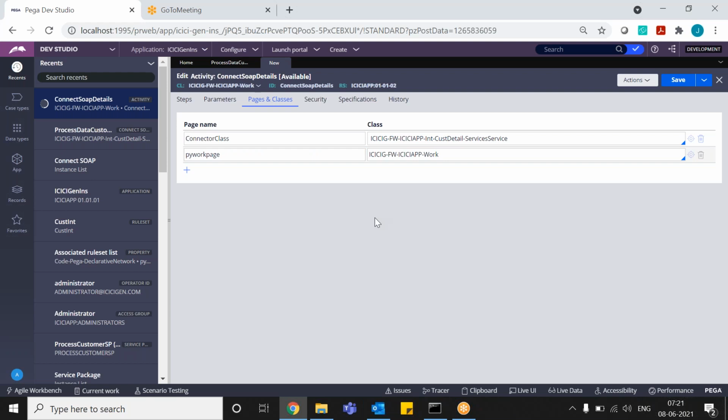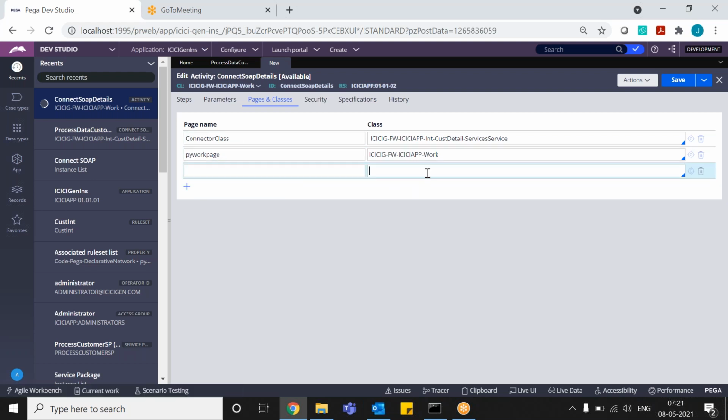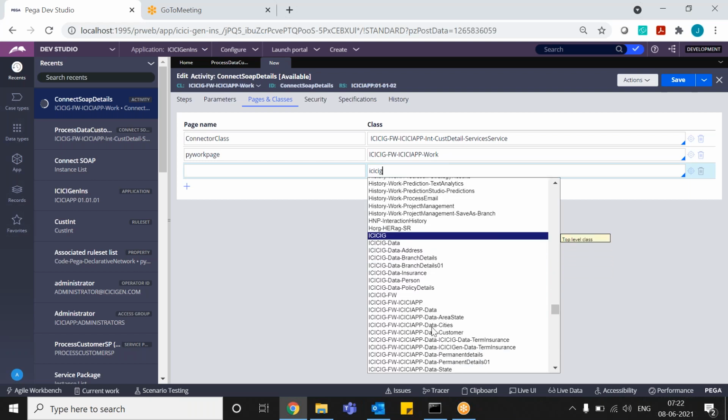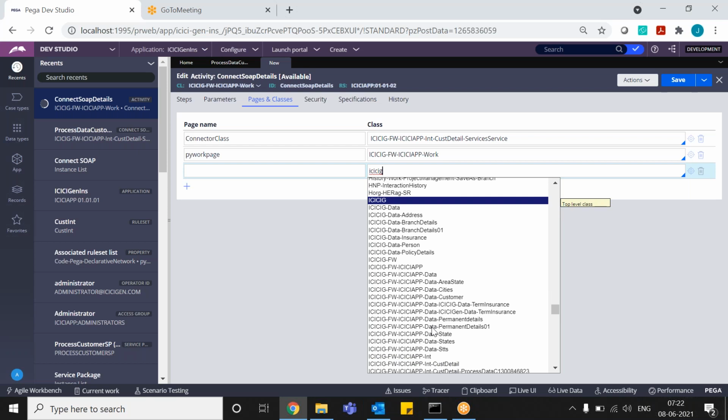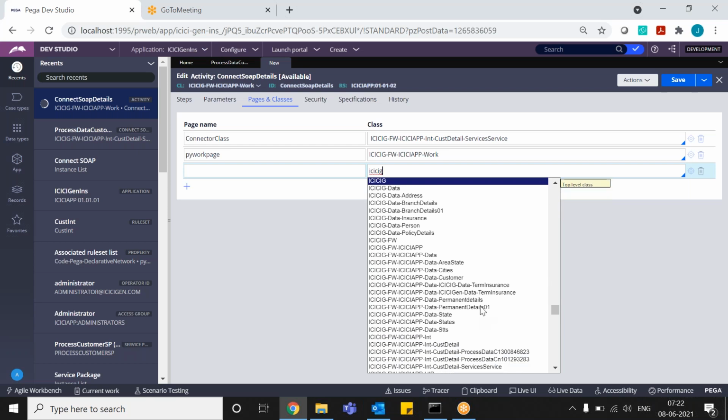No, that data type class is also important, right? In which data type are you saving the customer details? Customer data type, something will be there, right? Yeah, customer database.